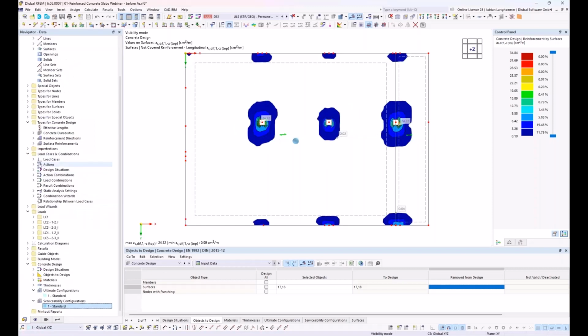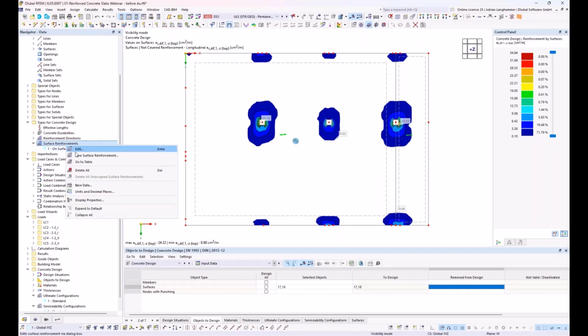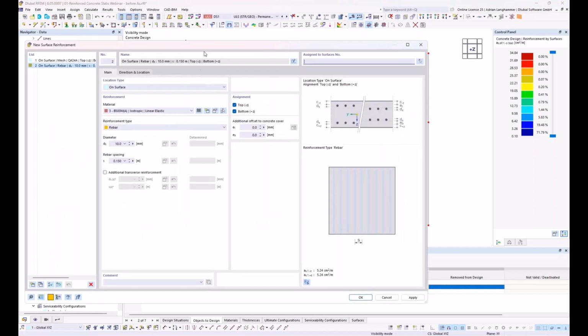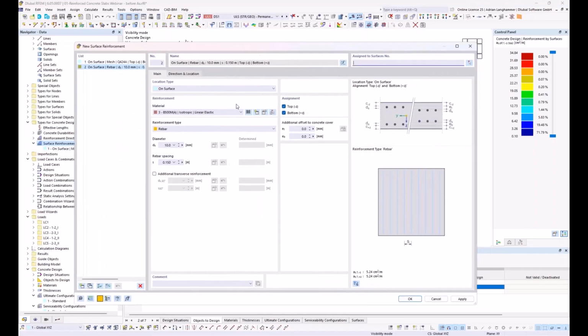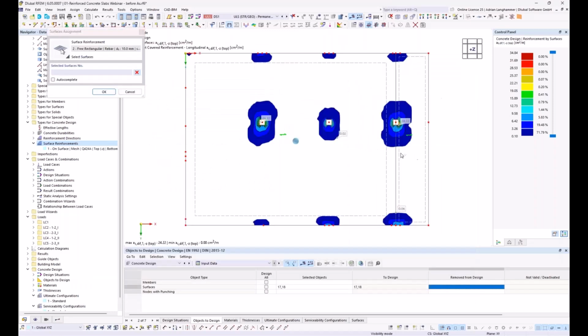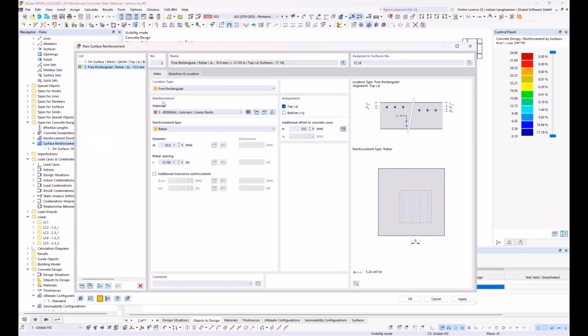And I have to go to the navigator, and here's surface reinforcement. There's also our already existing mesh basic reinforcement. I create a new surface reinforcement, and this time not for the whole surface. I would like to use a free rectangular reinforcement only at the top side, assigned to these two surfaces, and with